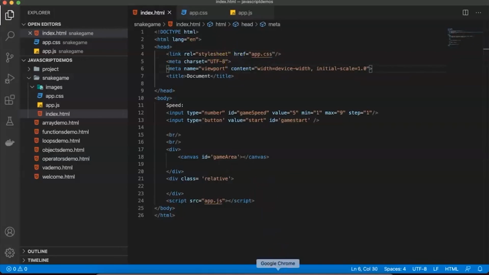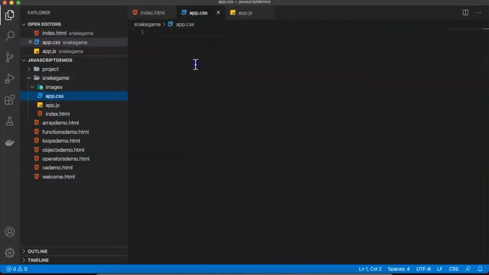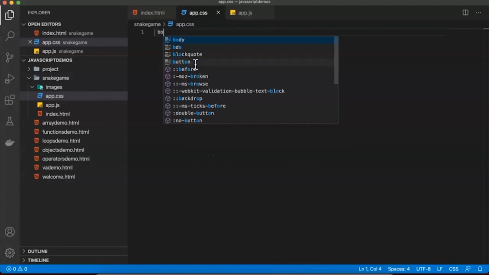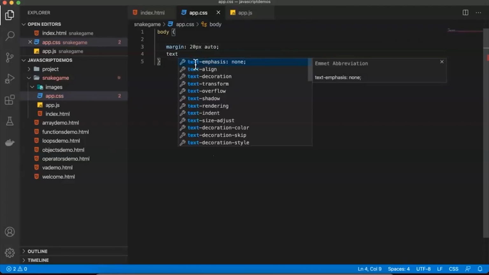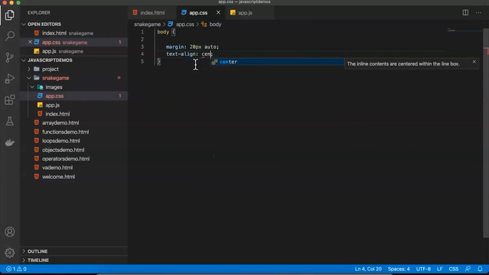Okay, now here in my CSS we want to offer certain details. What details do I want to start working with? I will start with my body part. Body. So we want to offer the font family, maybe a little bit later on I can use it. First I want to use margin, 20 pixels, auto. Later, text align center. Next, font size